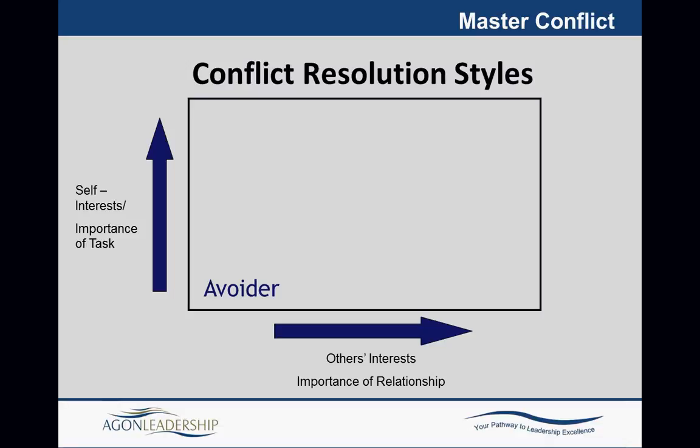And the importance of the task: I really don't care how this task gets done, or I even really don't care if the task gets done. I want to avoid conflict. I'll walk away from this problem because it's not important to me, and if this task doesn't get done, nothing bad's going to happen. On the horizontal axis,